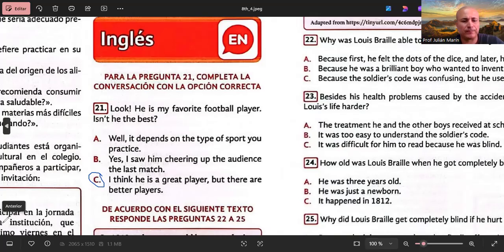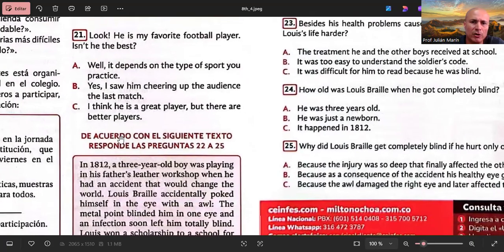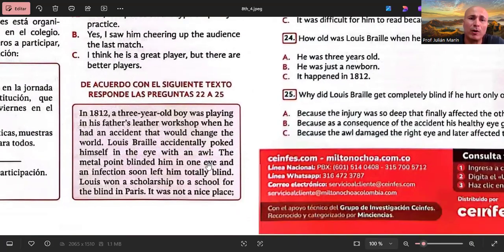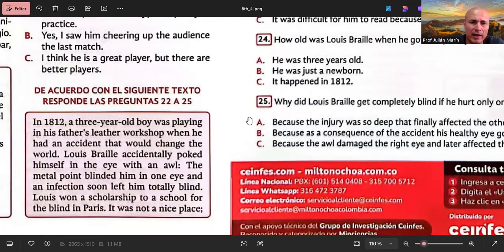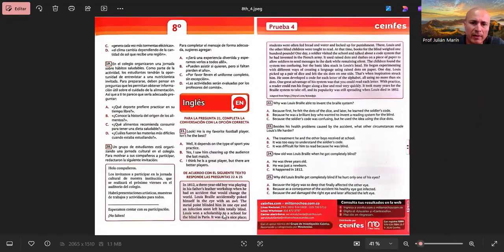Now let's take a look at the next exercise. Essentially what we have is a text, right? We have a story that is told here in this paragraph and then continuing here. And then we have 4 questions based on the information that is given. Always remember what they're testing here is our critical reading, just as much as when we solve the section of critical reading or reading comprehension in Spanish. Only that in this case it's more difficult because we're working with a foreign language.